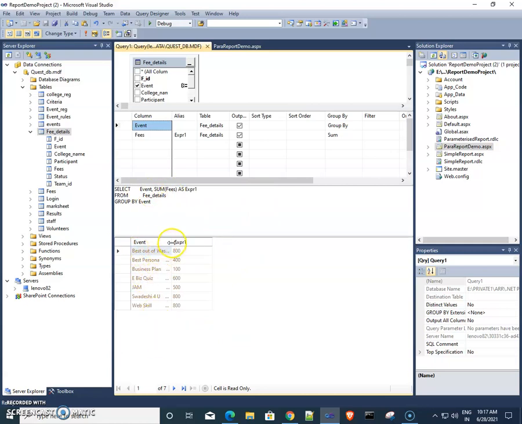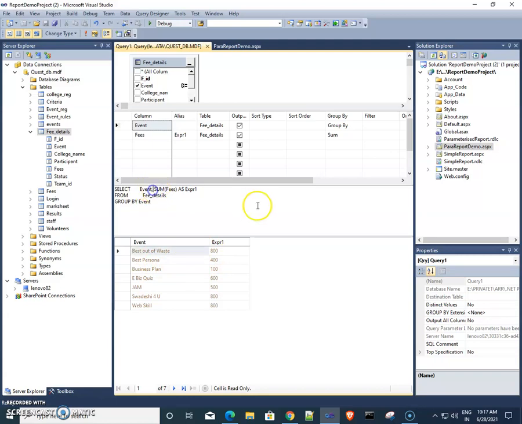So for best out of west there is 800 fees collected. For best persona, 400 fees we have collected.